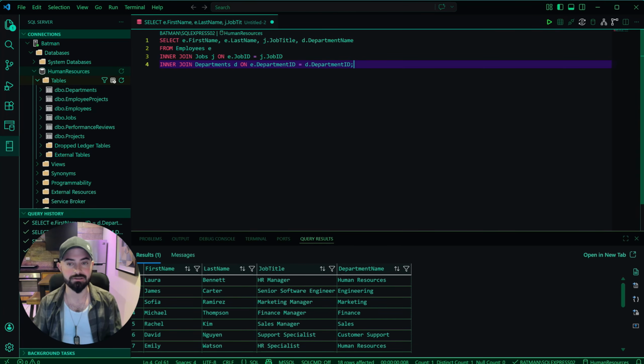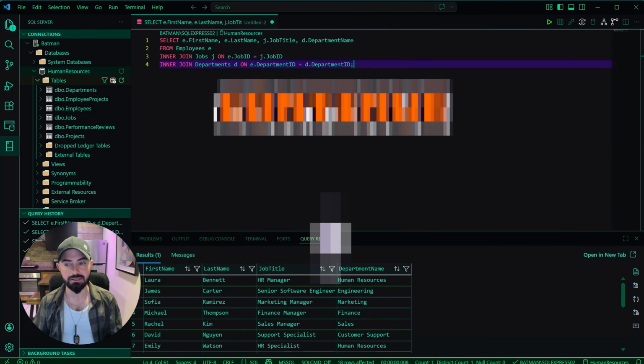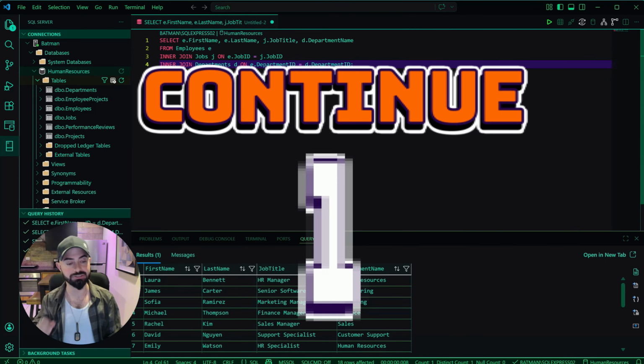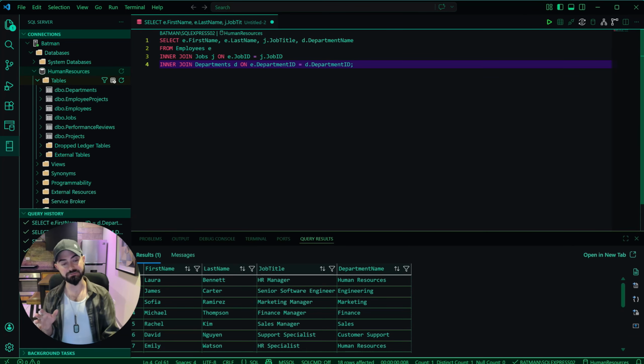Okay, very good. I'm gonna explain to you real quick a left join. So we're gonna get the existing matches from the left table, and if in the right table there are no matches, that's gonna return as null. So we're gonna get all employees, including those with no performance review. Okay, so we're getting the first name, last name, and we're gonna get